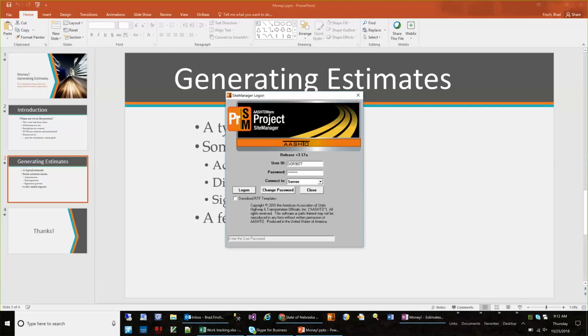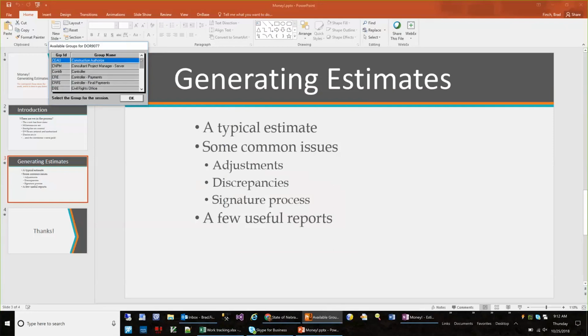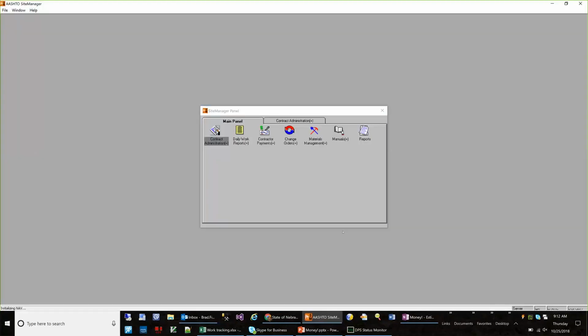So I'm going to log in. And I'm going to scroll down and find my LPA responsible charge security group. So for those of you that have multiple security groups, you will have to log in with a security group that is actually needed for that next signature level. Okay, so we're going to go to contract payments, estimate,